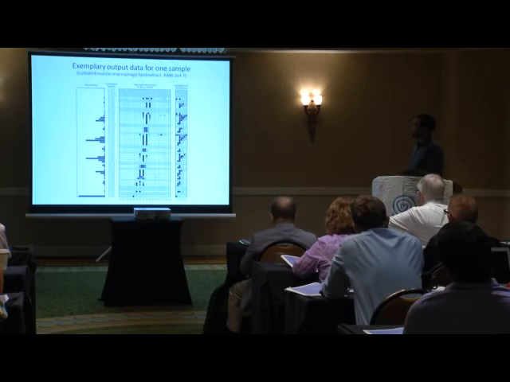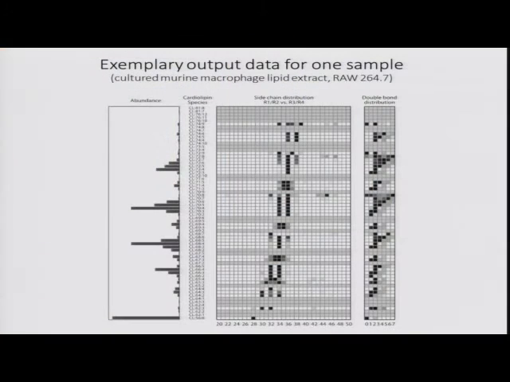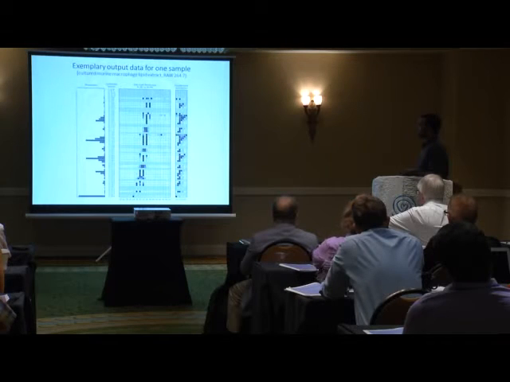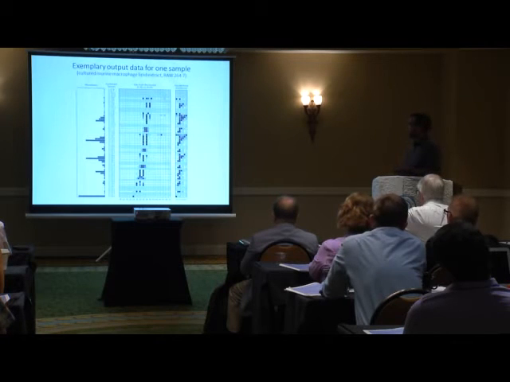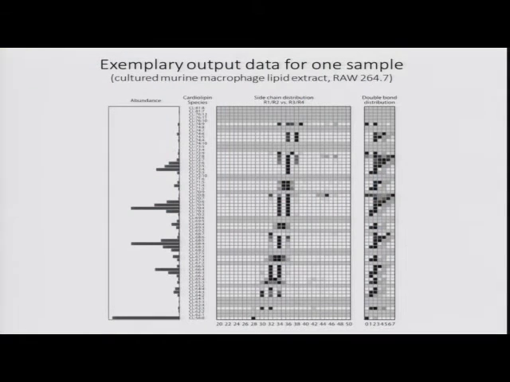What we get is the normal abundance profile of different cardiolipin species, as we have seen quite often in this conference. And for each of these species we get a long list of different acyl side chain